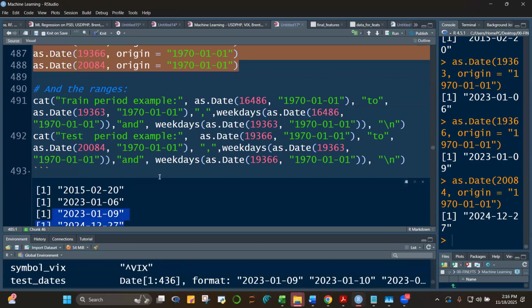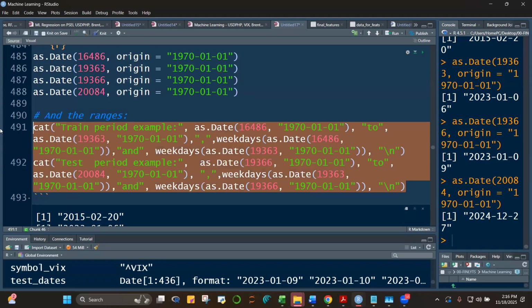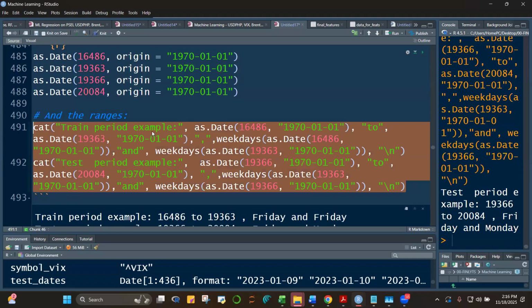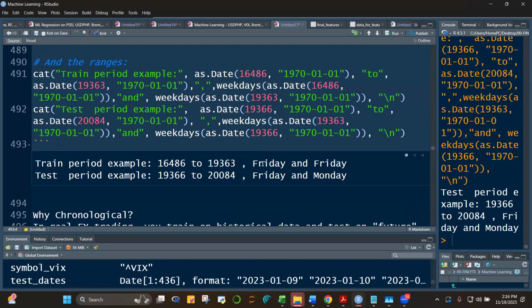And if you want to convert this into a weekday class, ito yun. So just take a look at this function. Simple lang naman siya class. Inulit lang yung as that date tapos convert into a weekday. Okay? So if I run this, convert lang natin yung mga dates into a weekday. So ito, no? So yung sa train natin, it started on a Friday and ended on a Friday. Yung testing natin class,